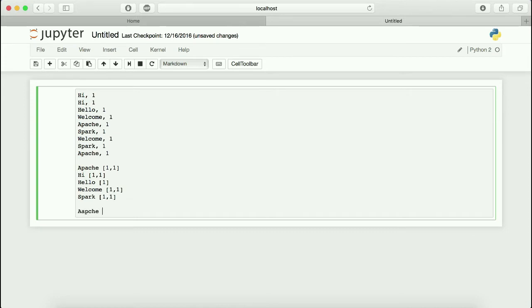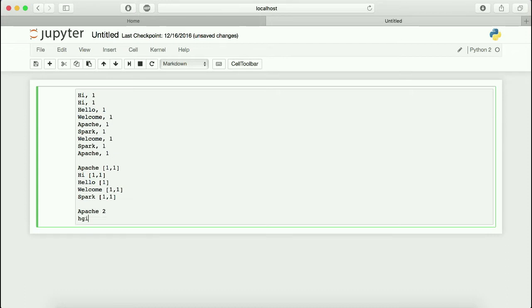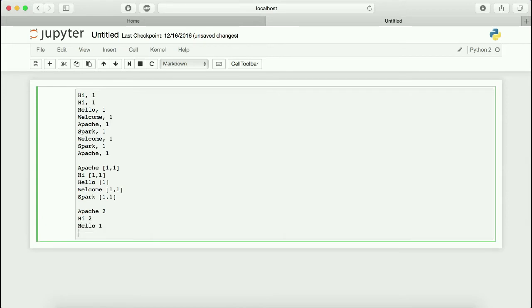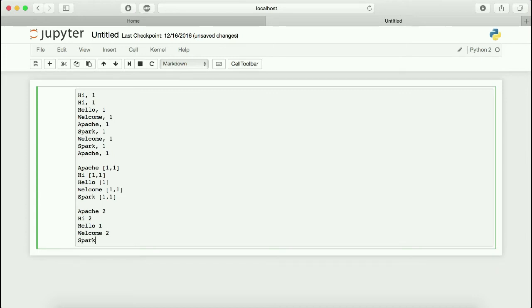So for example, Apache, sorry, I just misspelled it. Apache happened twice, hi occurred twice in the document, hello occurred once, welcome occurred twice, and Spark occurred twice. And eventually we'll get an answer for each word, and so on and so forth. So basically what you are doing is that in this case you summed up, but many times you could combine a table